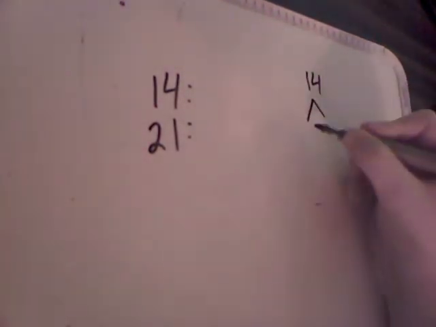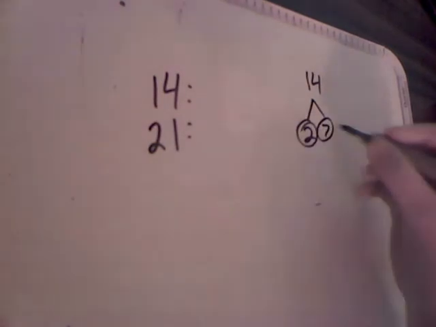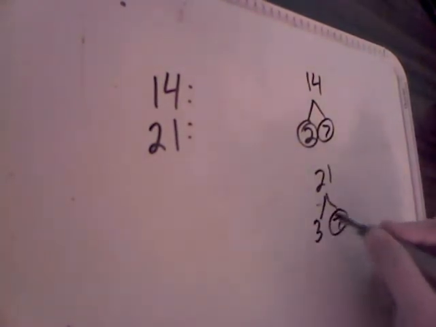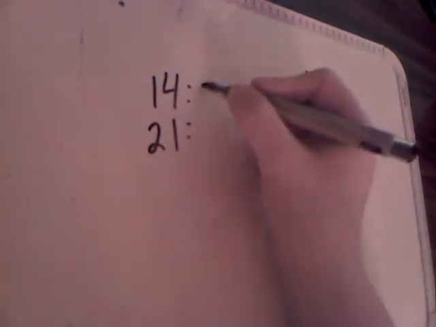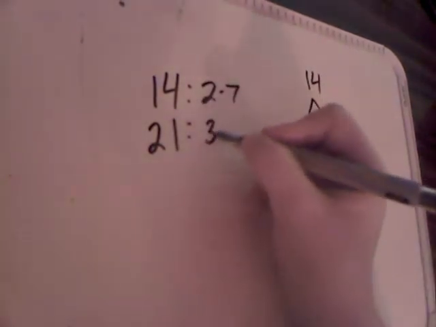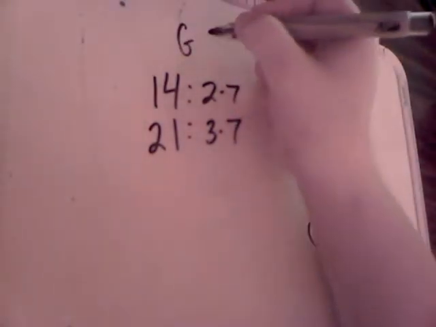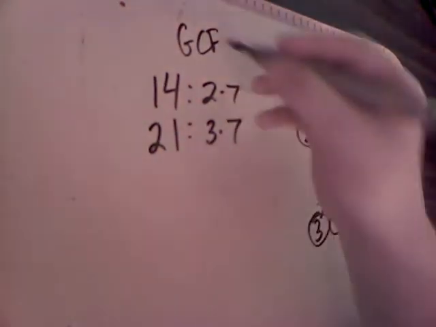Make a factor tree for 14: 2 times 7. Make a factor tree for 21, which is 3 times 7. So let's list out those factors: 2 times 7, 3 times 7. Now, with GCF, we're going to play